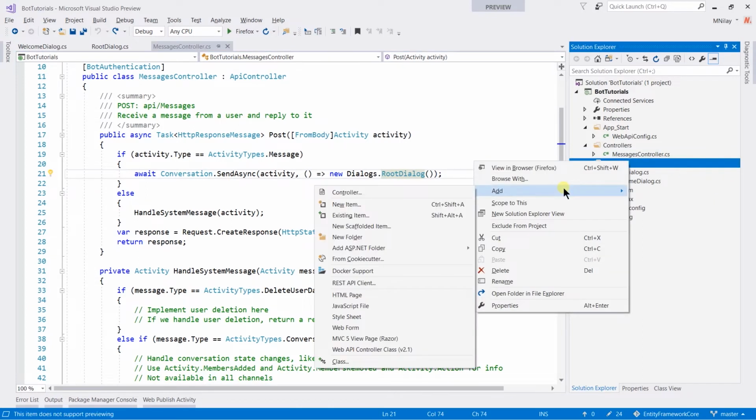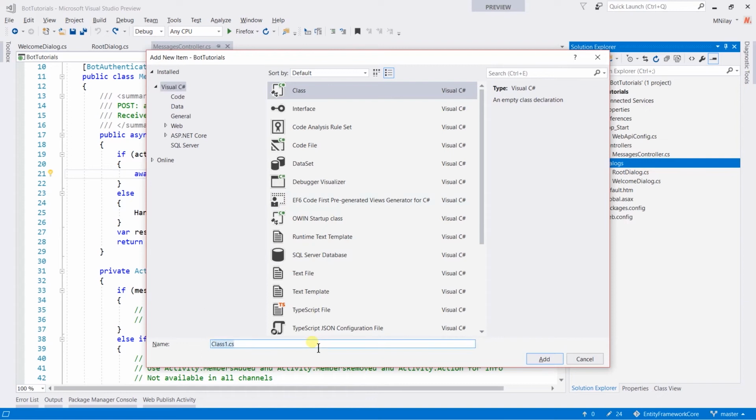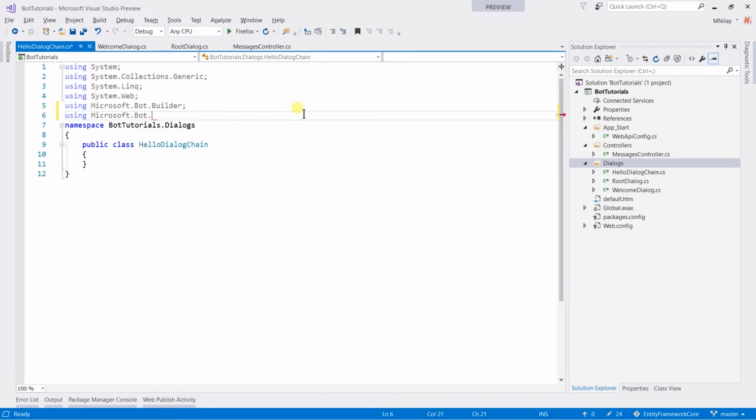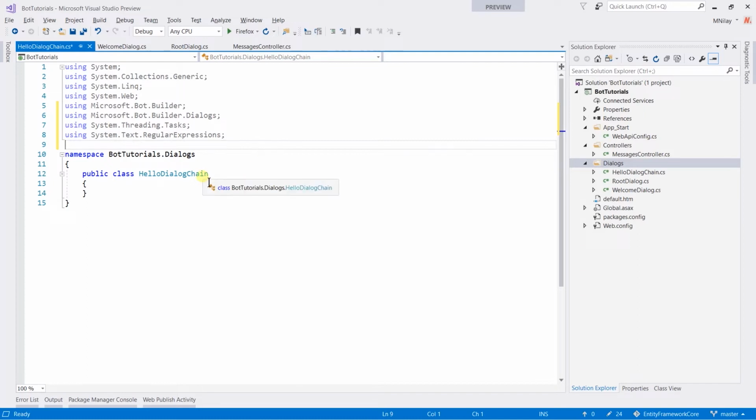For this, let's create a new class under a Dialogs folder named HelloChainDialog. First of all, I am going to add some namespaces, that is Microsoft.Bot.Builder, Microsoft.Bot.Builder.Dialogs, System.Threading.Tasks, System.Text.RegularExpressions. In the previous session, we extended our class from IDialog interface. In this session, we will create a property of type IDialog. For that, write public static readonly IDialog of string dialog equal to